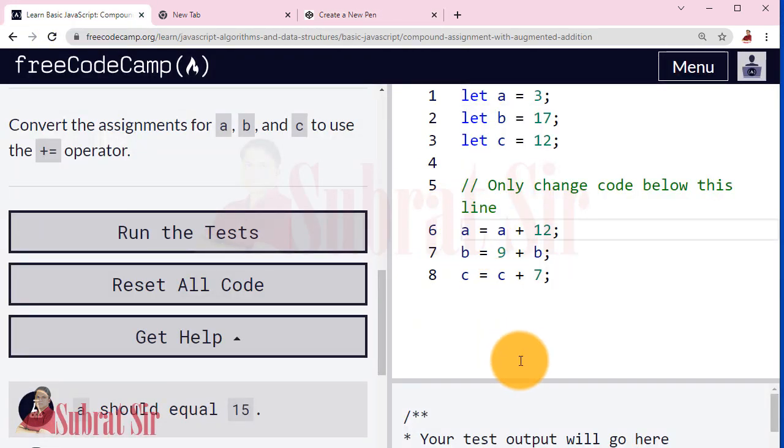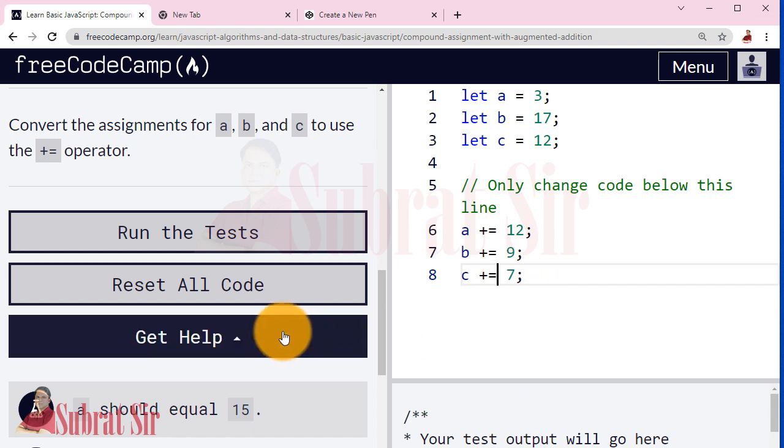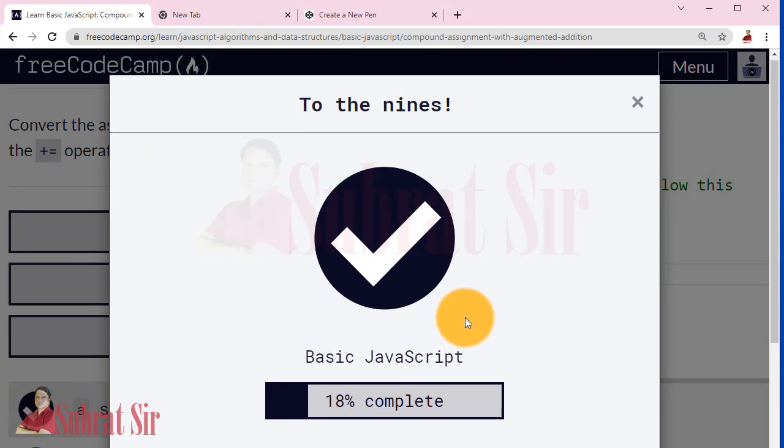So a equal a plus 12 can be written as a plus equal 12. Similarly, b equal 9 plus b, so plus equal 9, and here c equal c plus 7, so c plus equal 7. Run the test.